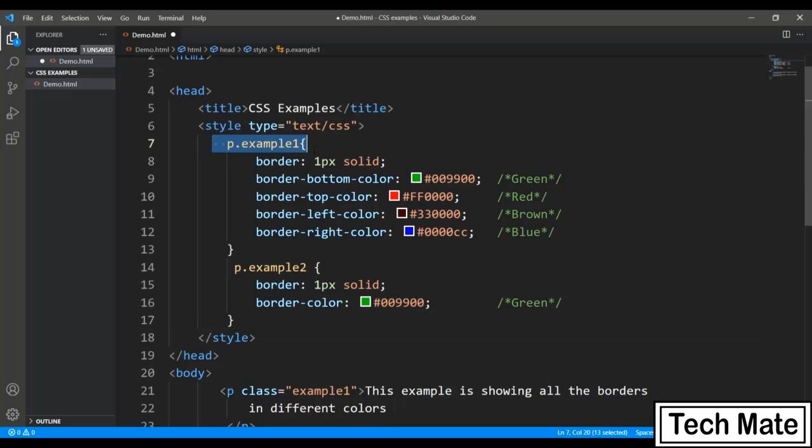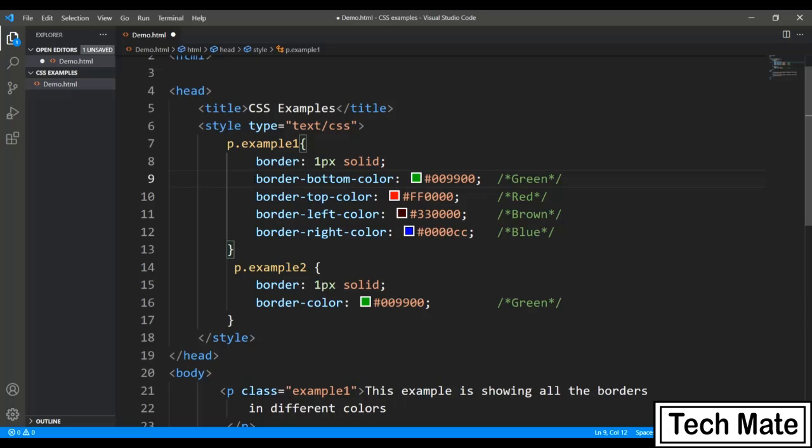In the first one, I have passed the width of the border along with the type like solid, dotted, dashed. We can pass different varieties of borders. We will discuss what all possible values you can pass. Apart from that, I have passed the bottom color, top color, left and right color, as I just wanted to show you that we can pass different values for the different sides of the border: top, bottom, left and right.